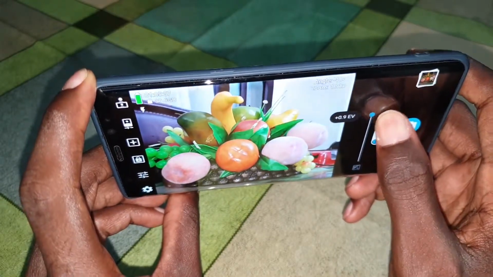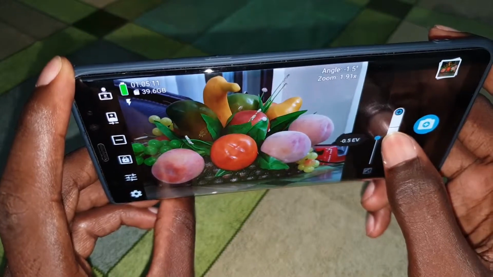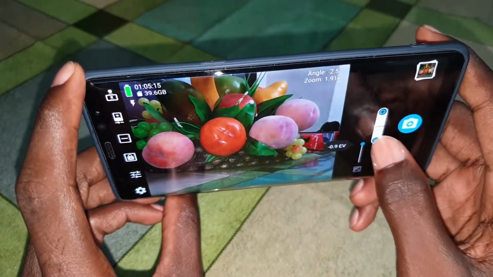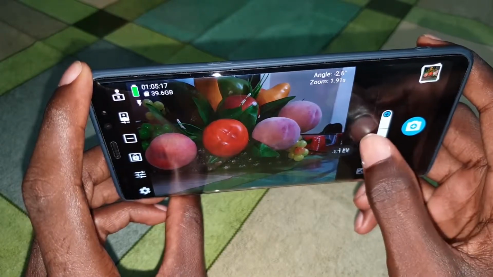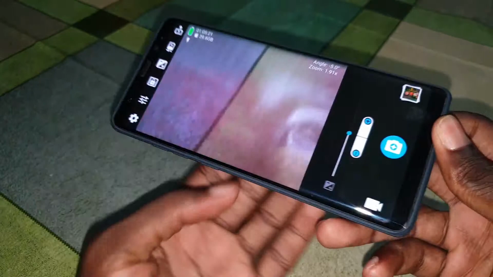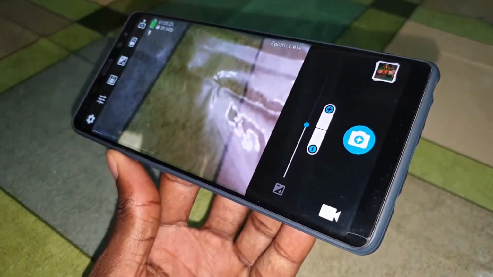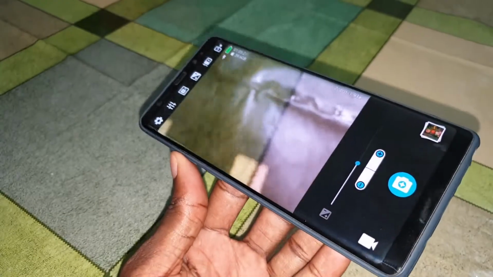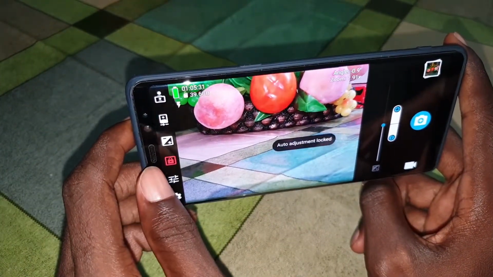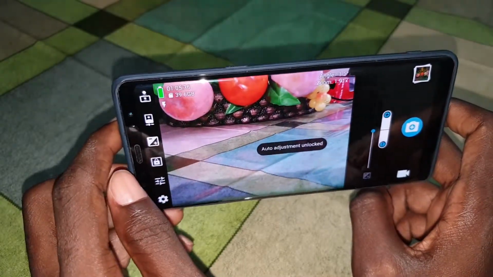Okay, look at that. As you can see, wonderful. Minus 0 here. As you see, the indication here is so wonderful, so simple. It's so easy to use this application and it's nice. Autofocus adjustment lock. Wonderful.